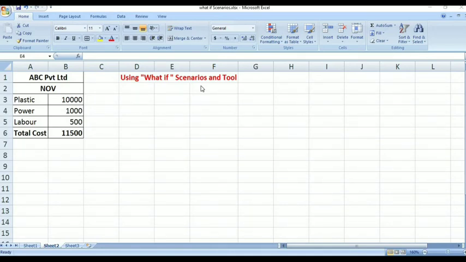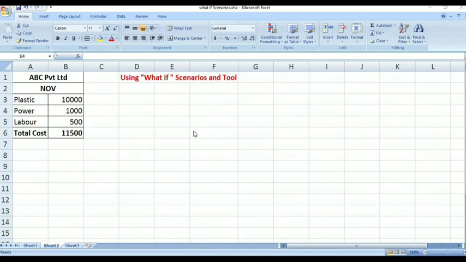So, if you have to solve a complicated value with Excel instead of calculating the answer by yourself, you could use a powerful Excel tool that is called what if scenario, or you can say what if analysis. Is it clear?